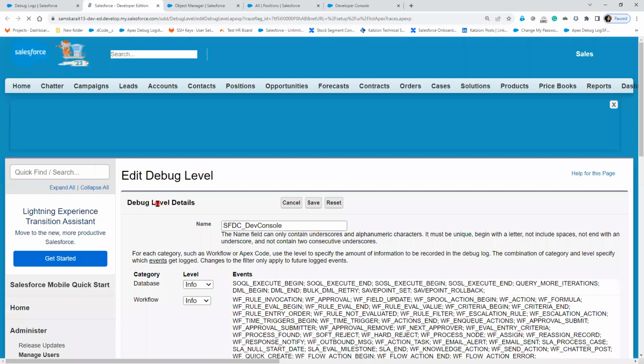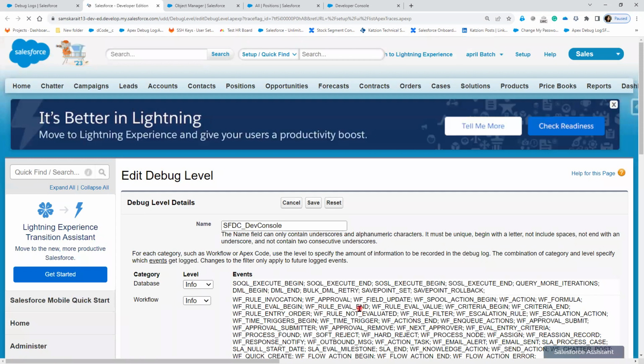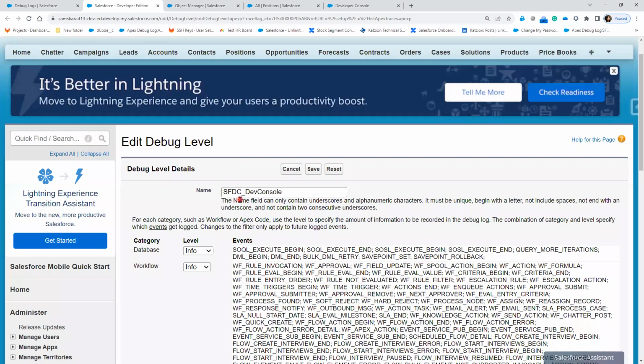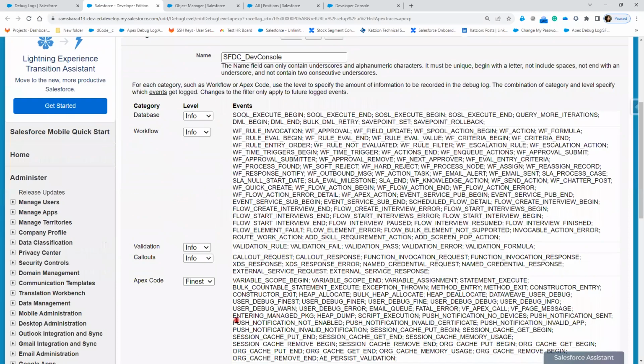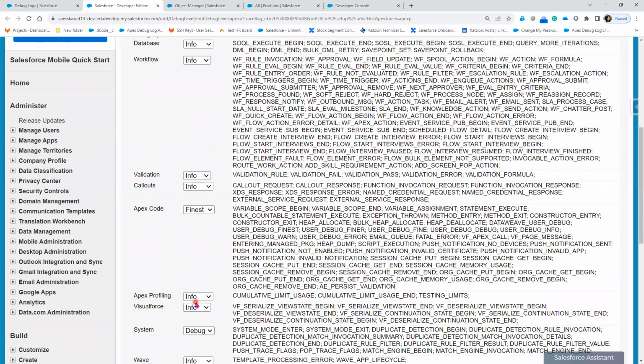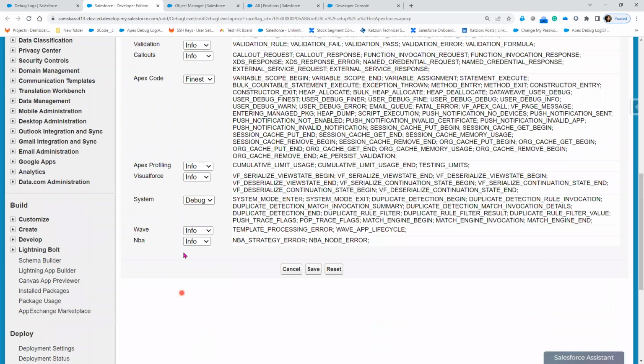When you click on this filter, it will show you what level of debug logs you wanted to capture. Database just info, workflow just info, right? Now here validation just info, callout just info, Apex code finest, Visualforce info, debug. If you want to change anything,